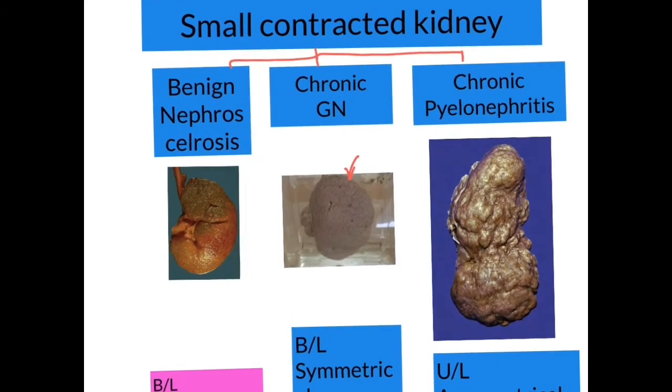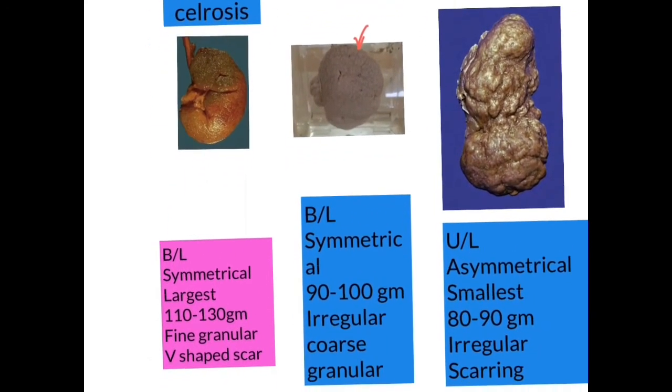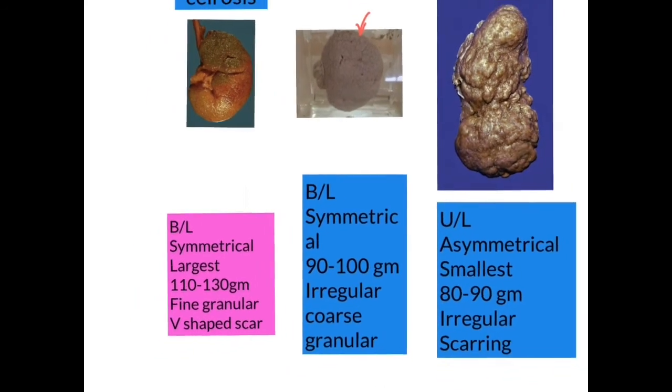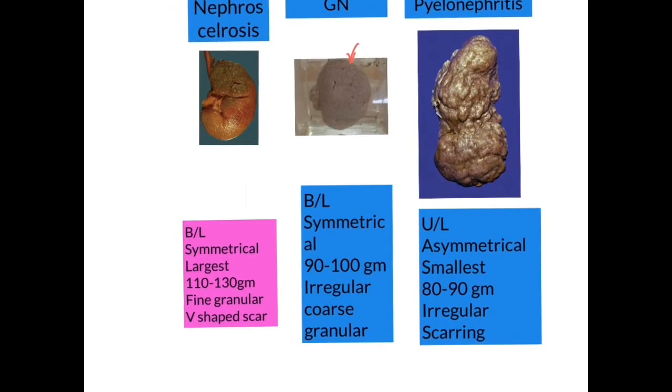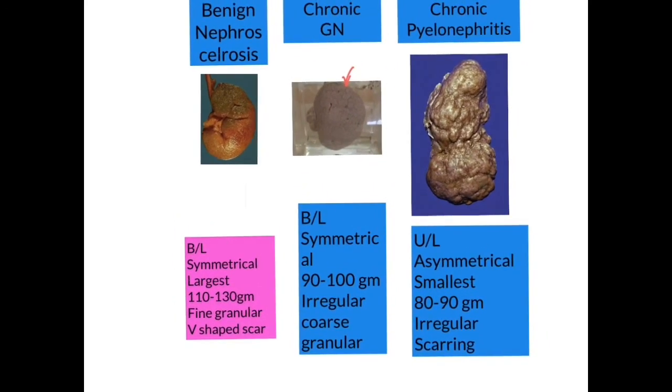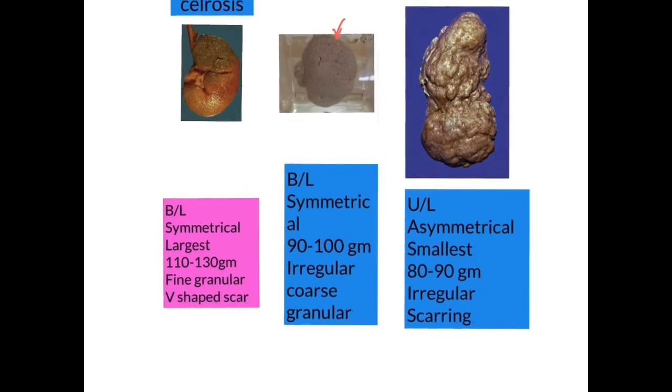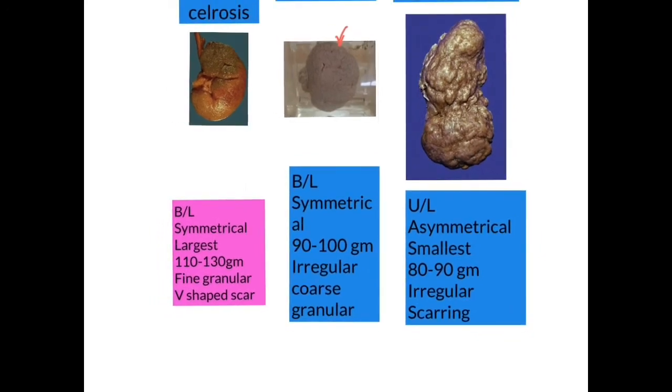I am not going into detail about the pathophysiology, but these two specimens, thank God, we don't have in our laboratory. Coming to some basic differences between these three: nephrosclerosis, pyelonephritis and glomerulonephritis. Pyelonephritis is due to bacterial infection. It is acute, unilateral, most of the time asymmetrical, and out of these three small contracted kidneys, this is the smallest one. Don't go by the pictures, as I took screenshots and made some arrangement, that's why it looks smallest, largest, but it is the smallest of these three.